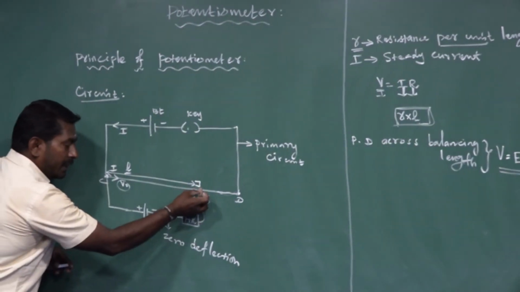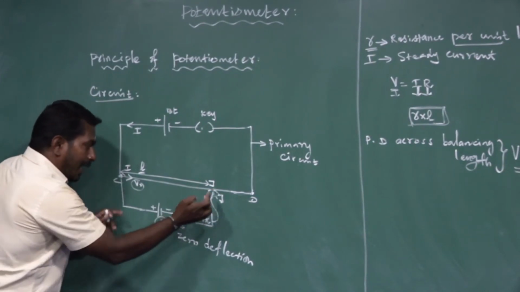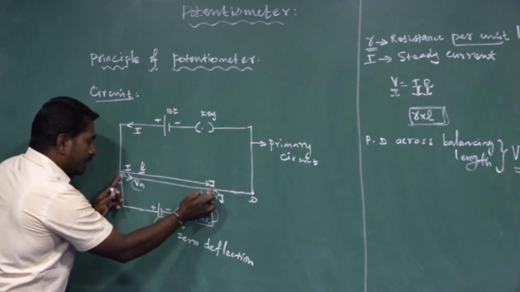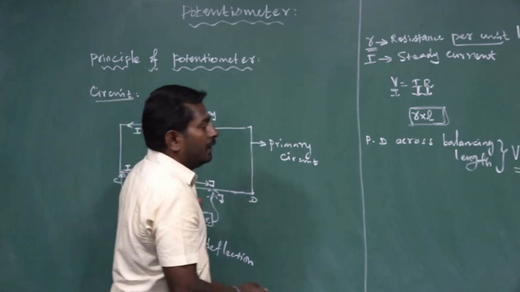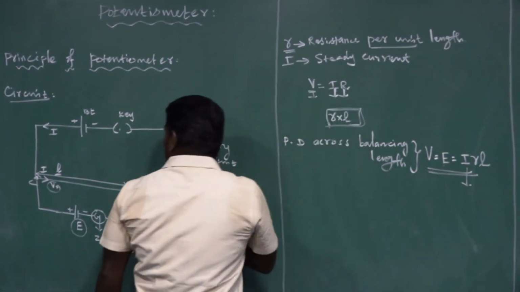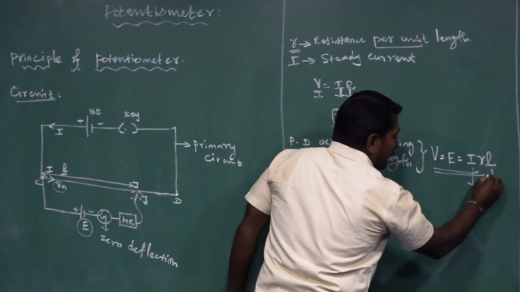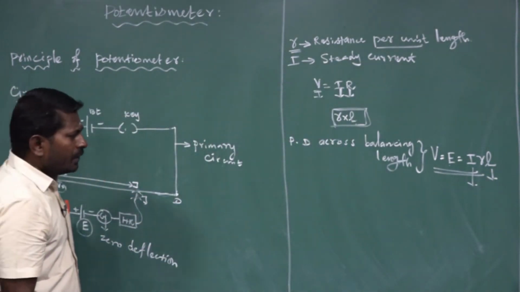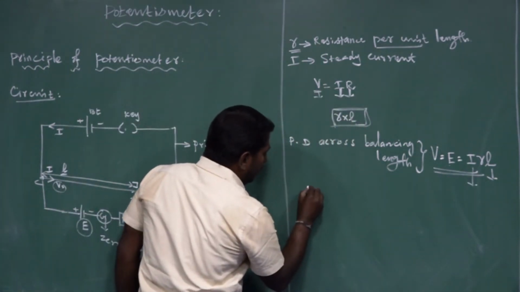Whenever the metal jockey makes electrical contact at any point on the potentiometer until the galvanometer shows zero deflection, at that moment the potential drop across this balancing length is equal to the EMF of the primary cell. So the EMF of the primary cell E is equal to I r L, where I is the steady current through the potentiometer wire, r is the resistance per unit length of the potentiometer wire, and L is the balancing length of the potentiometer wire. So from this equation, the EMF of the primary cell